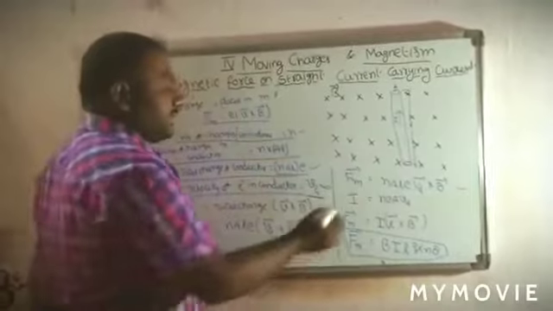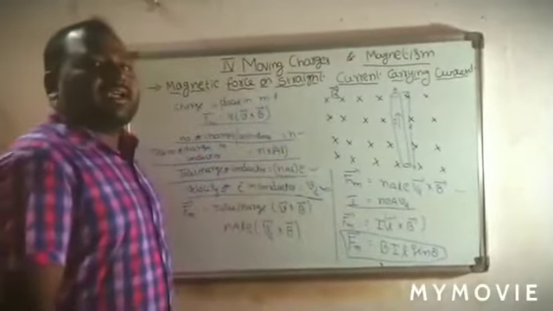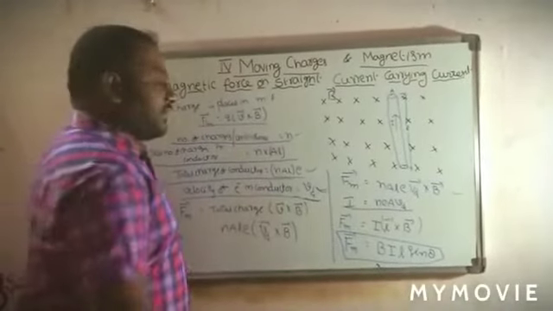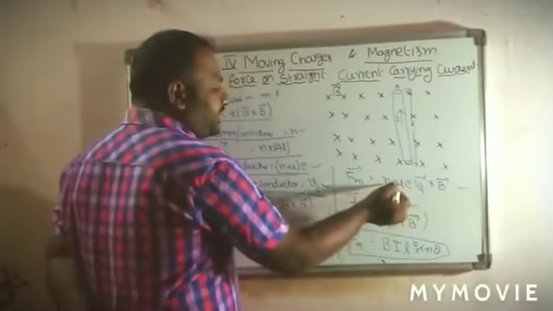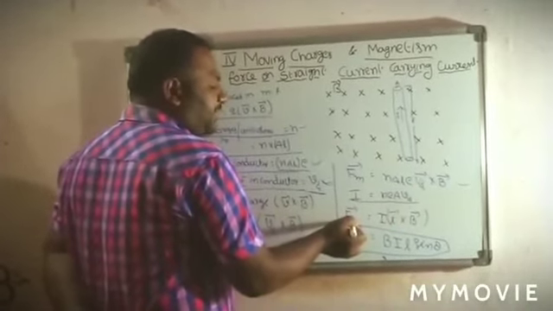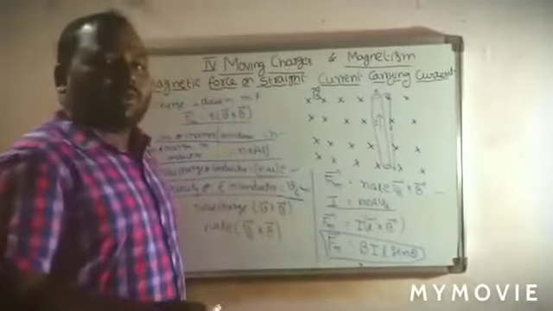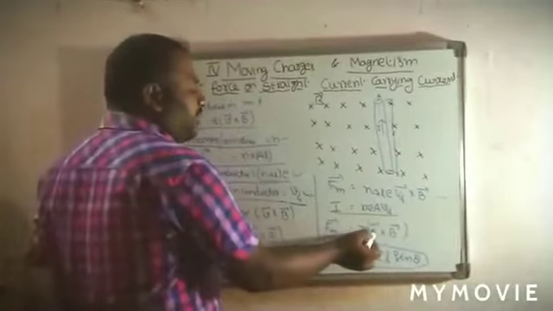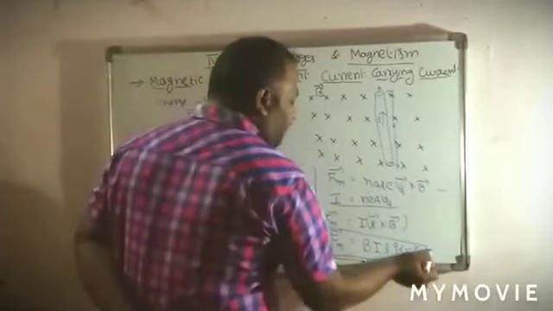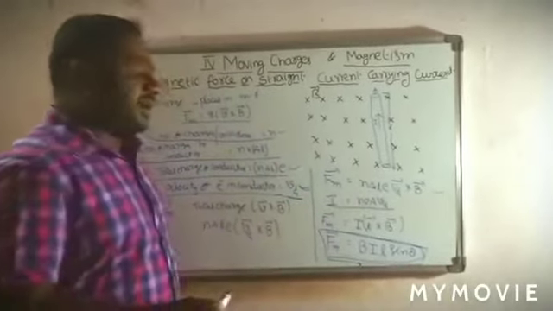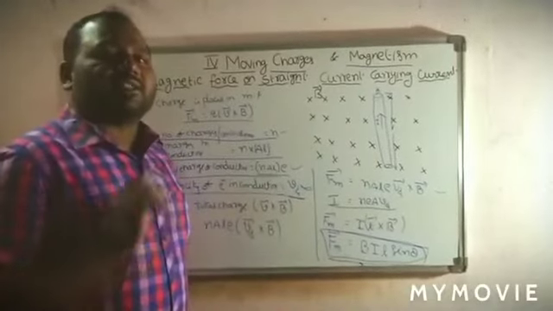Now in the current density we already studied and derived that the current flowing through the conductor in terms of drift velocity is N into E into A into Vd. Substituting this in this equation, we obtain the magnetic force on a current carrying conductor as I into L bar cross B bar. This is one form, and we know that L bar cross B bar is nothing but BL sin theta. Substituting here, the magnetic force acting on a current carrying conductor is BIL sin theta. This is the important 3 marks expression.